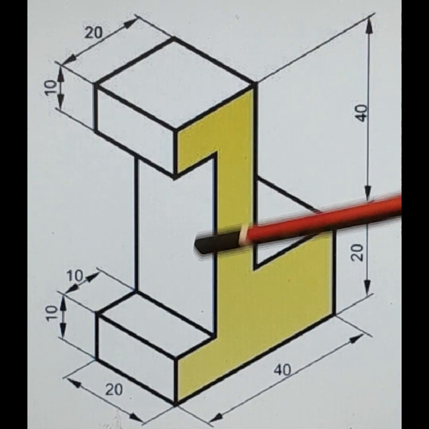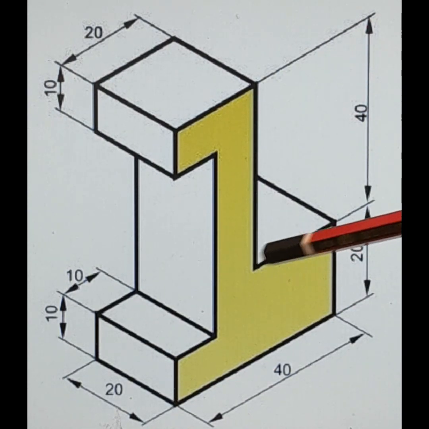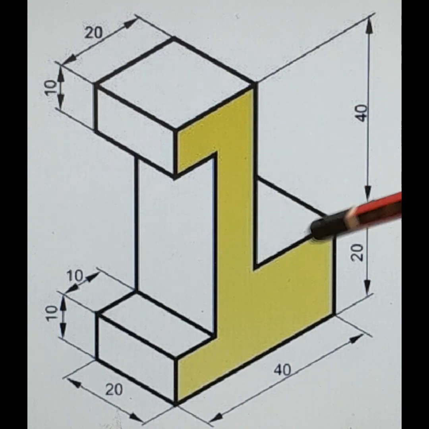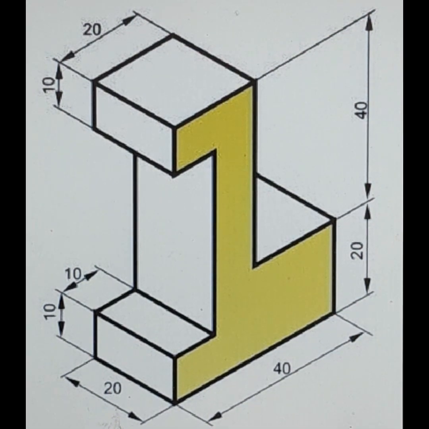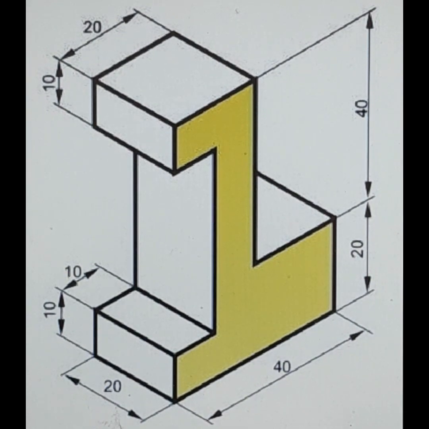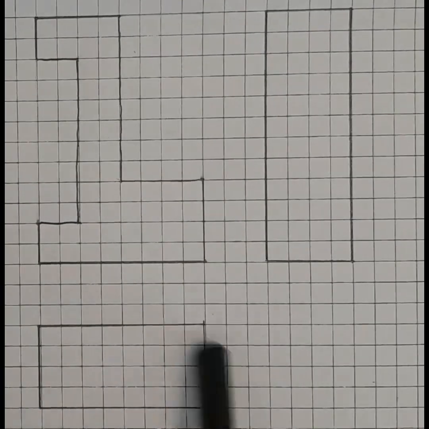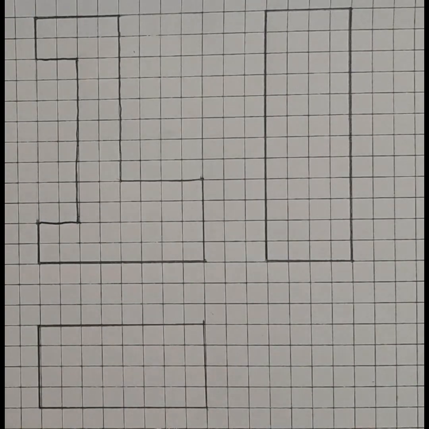The other one, the width is the same, 20 millimeter, and this length, as we said at the beginning in the front view, it is 20. Why 20 again? This is 40 and this is 20, so the difference is 20. So the top view consists of two squares with side length 20, or simply to divide the rectangle that we draw on the drawing sheet, its dimension is 40 by 20, into two squares. This rectangle, we have to divide it into two squares,